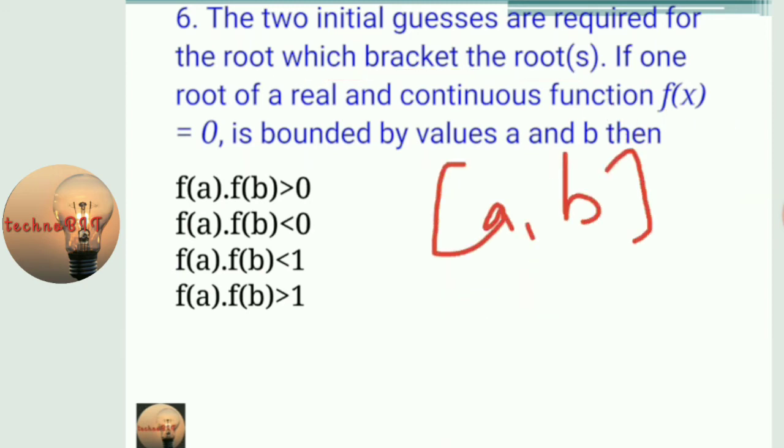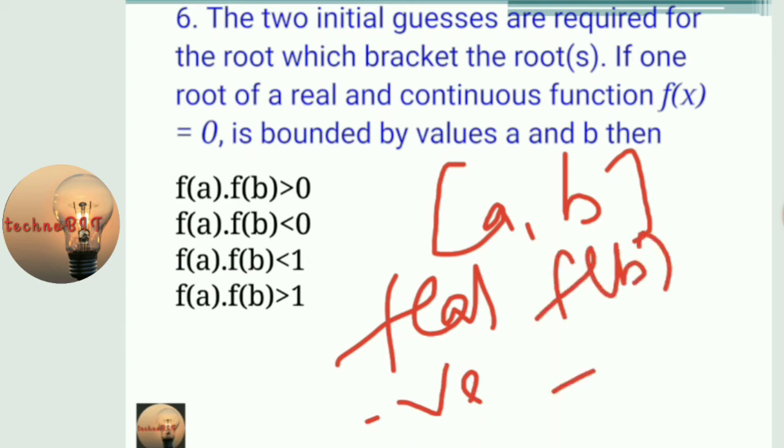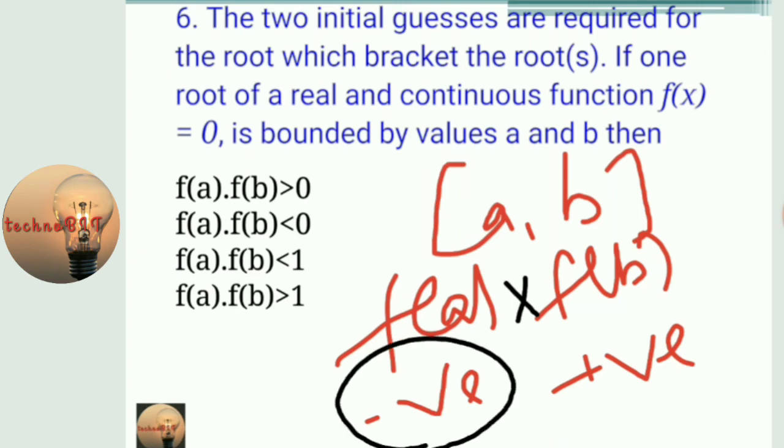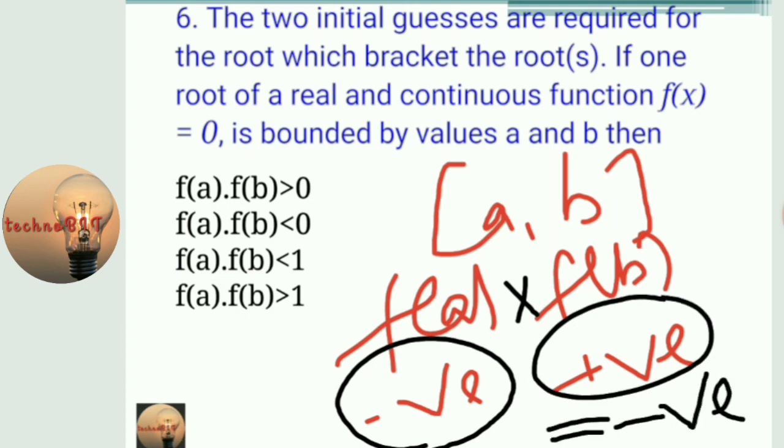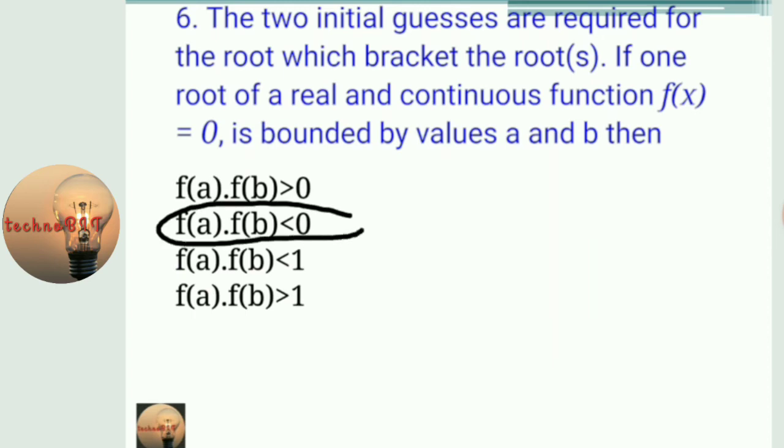We have seen that f of a should be negative and f of b should be positive. We look for this kind of interval जहाँ पे हमको एक set मिलता है नेगेटिव पॉजिटिव का. ठीक है, so if I take the product of f of a and f of b, what will it be? Because one of these values will always be negative and one will be positive, the product will always be negative, right? So f of a into f of b should always be less than 0. So this is the correct option for this question. Now next question, question number 7.